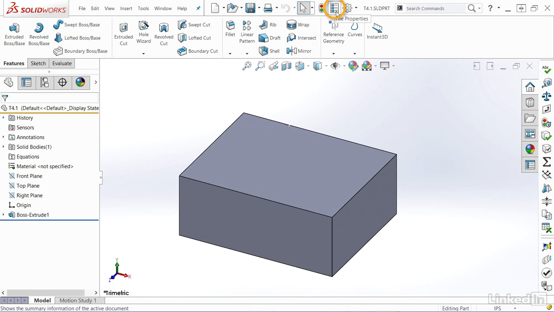Now, if I go back over here to this part, if I go to the custom properties, I'm going to call this one block. Click on OK. Go back over here to the drawing, and you can see now it says block. So